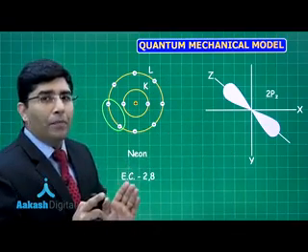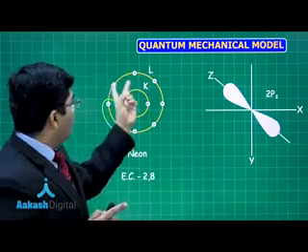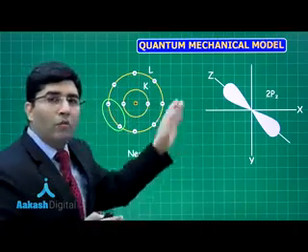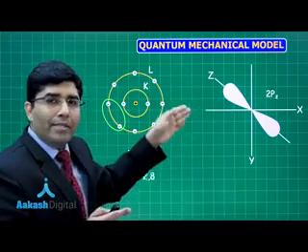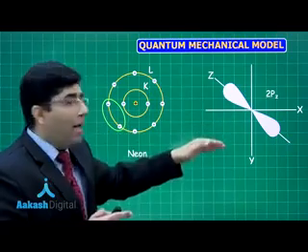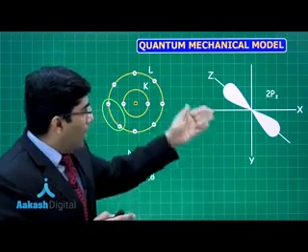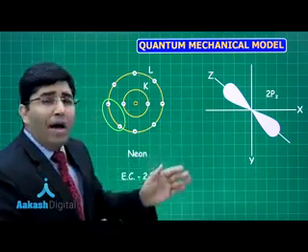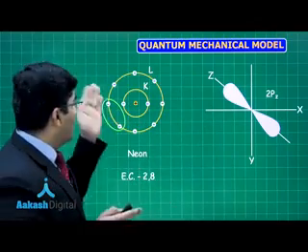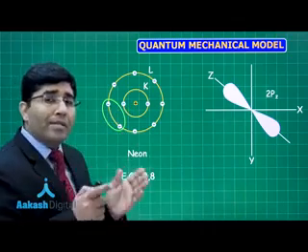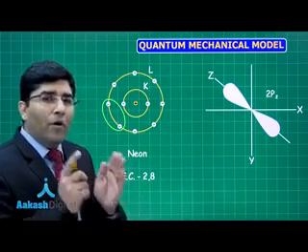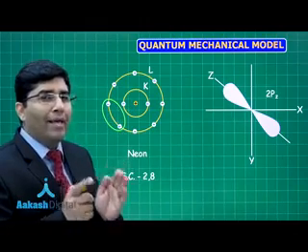Now you tell me, if these 2 electrons are moving in a spherically symmetrical path, the other 2 electrons are moving along the x-axis, other electrons are moving along the y-axis, and the other 2 electrons are moving around the z-axis, how can we say that these electrons are identical, and how can we make this type of diagram? This is completely objectionable. Now let us see how the neon atom actually looks.